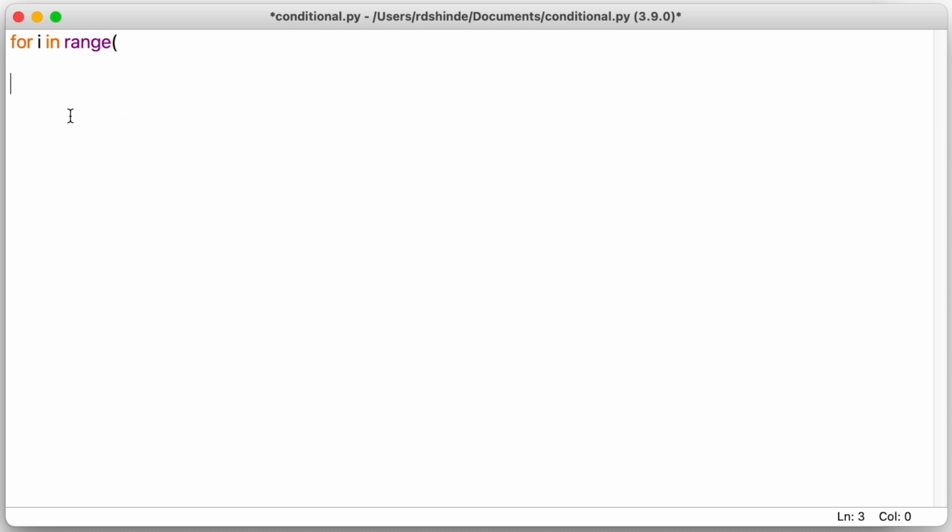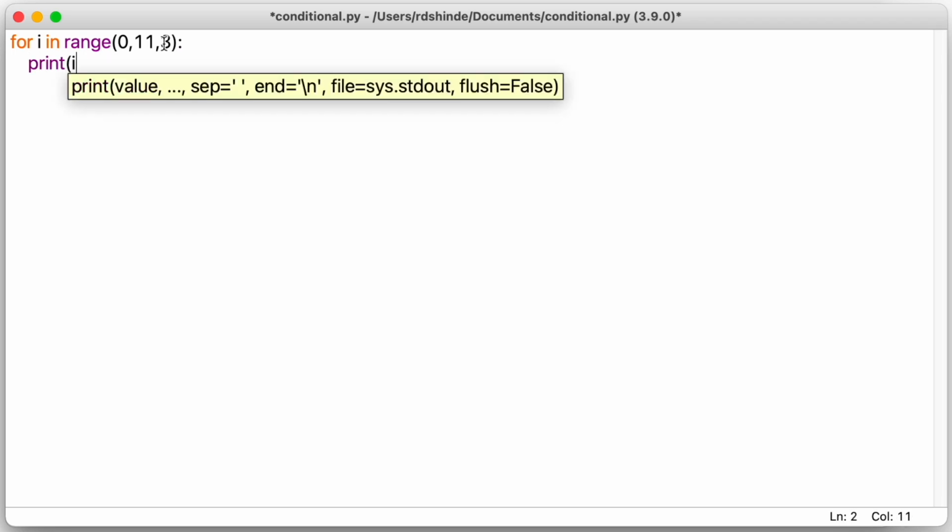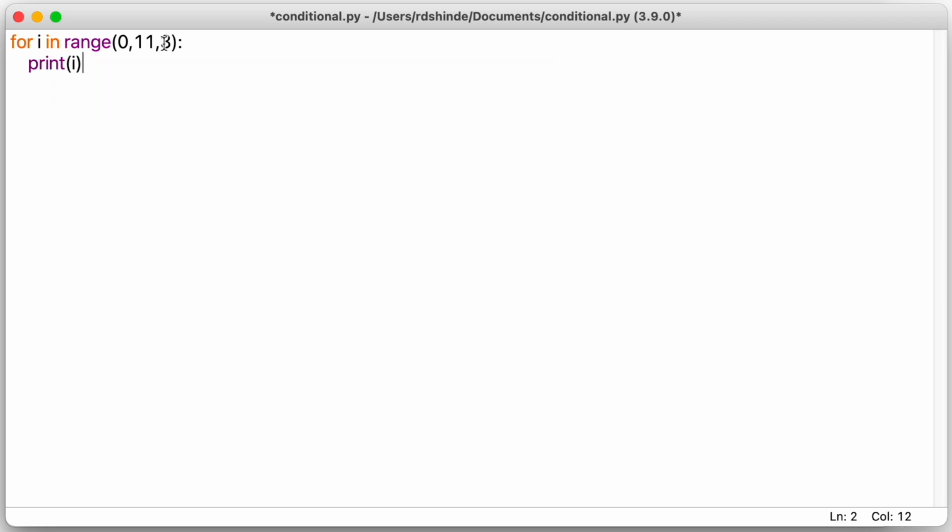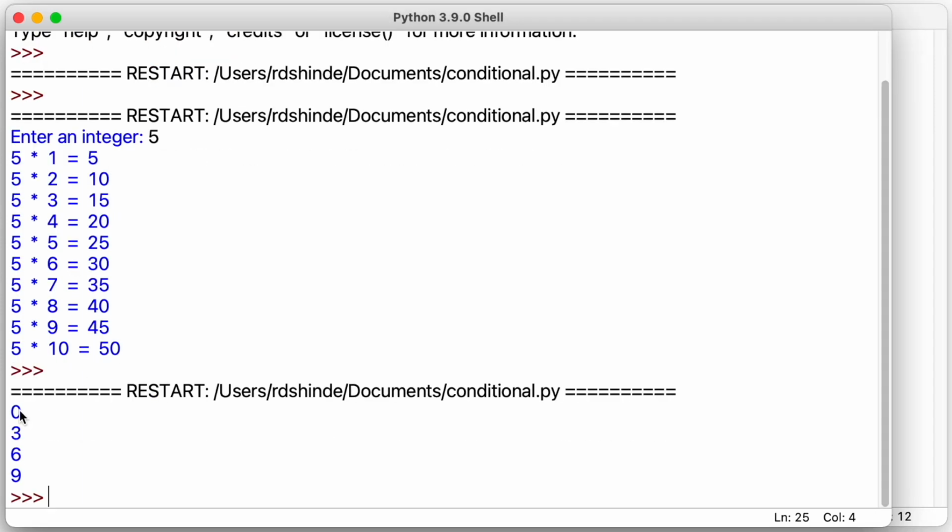So now for i in range, let us say 0, then we are going till 10, so 11 will be excluded, and then step is 3, let us say. So printing now i. Okay, saved, and here we go, 0 3 6 9.